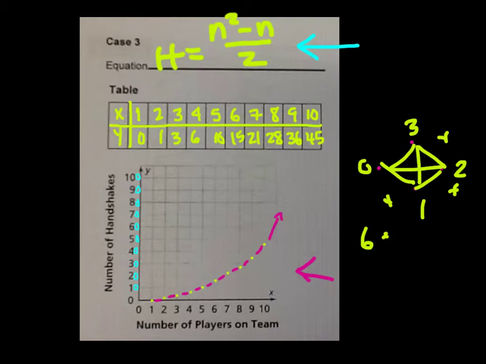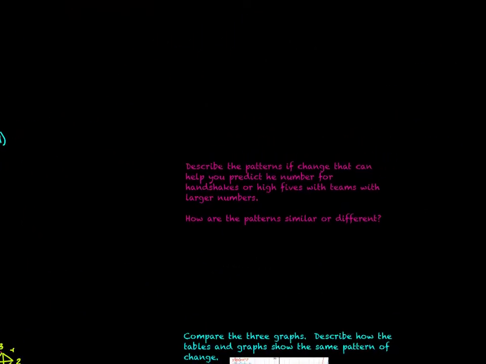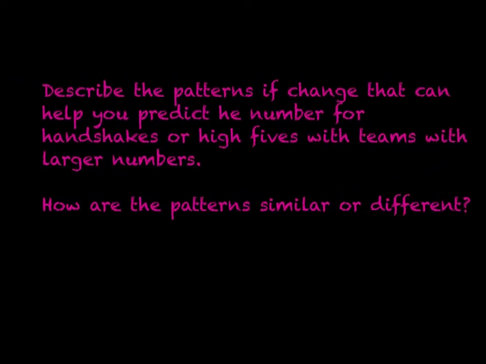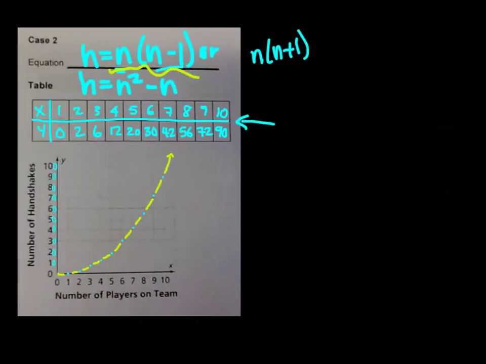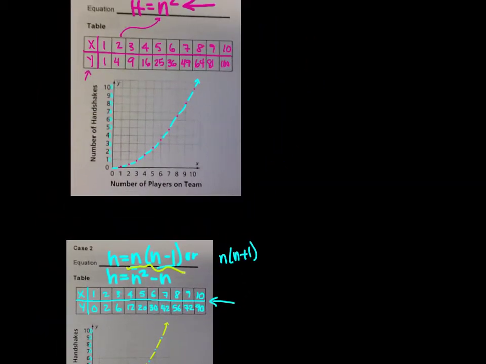So looking at this information, we need to ask ourselves or answer a couple of questions. Our first question is this. We need to describe the patterns of change, that should say of, not if, of change that can help you predict the number. Wow, I made all sorts of mistakes. The number for handshakes or high fives with teams with larger numbers. How are the patterns similar or different? So we need to look at our graphs and our tables for these situations and see how we can potentially